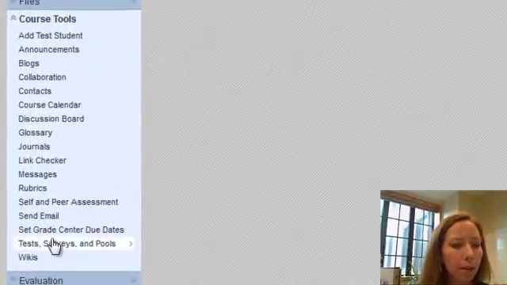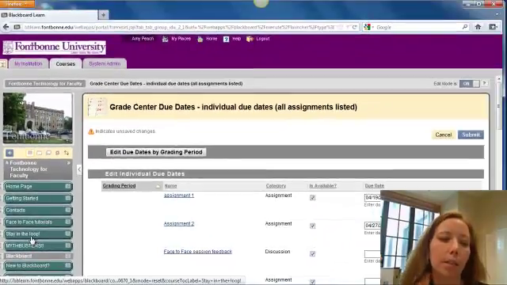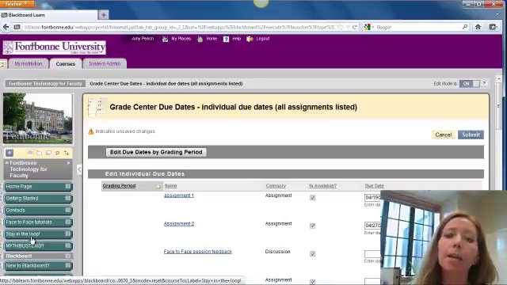Okay. The only other tool in here that I did want to discuss that's relatively new is Grade Center due dates. I think a lot of people don't realize that this one is here, and it can be a huge time saver at the very beginning of the term. It used to be that if you had grades set up with each column in your Grade Center, you had to go into each individual column and hit edit, change that, submit it, and then, as you know, it takes a few seconds for the Grade Center to come back up. And then you have to go to the next column and do it again, which is fine if you have 10 grades, but if you have 35 for 5 classes,